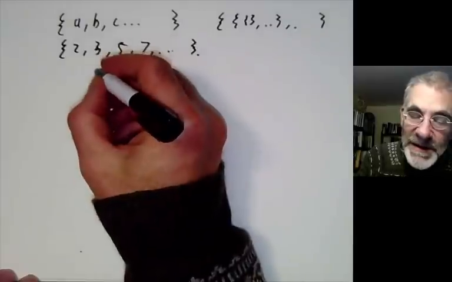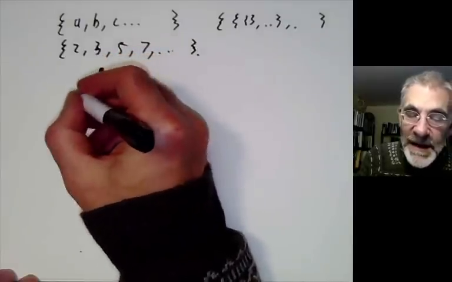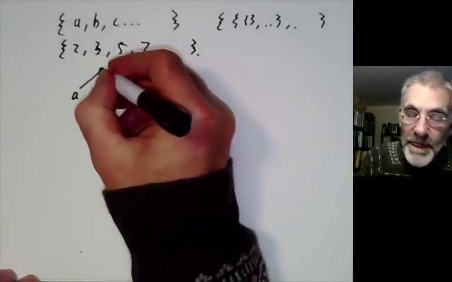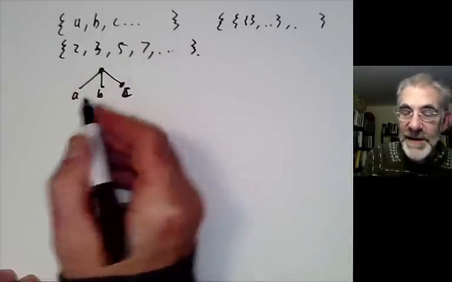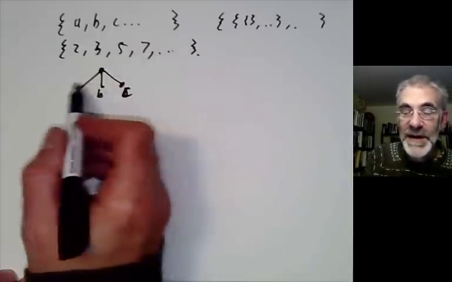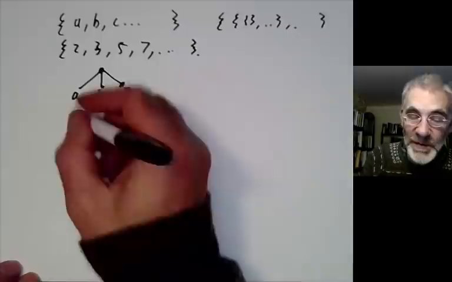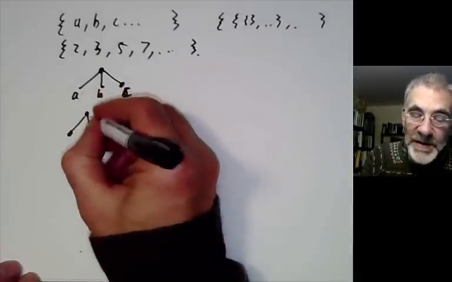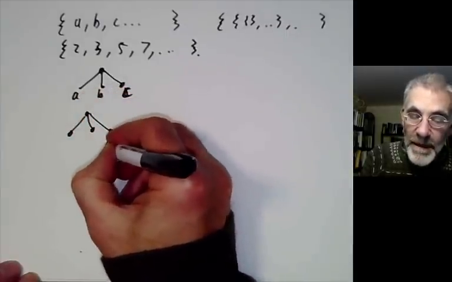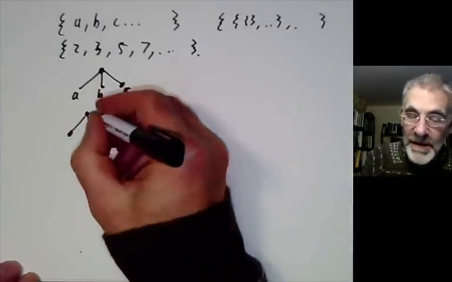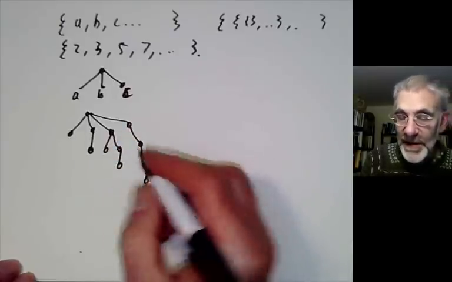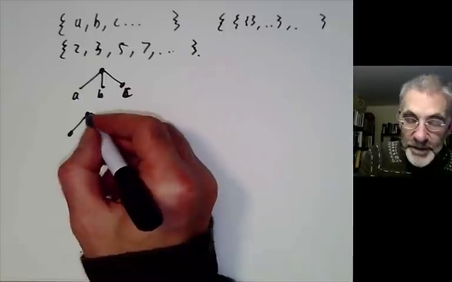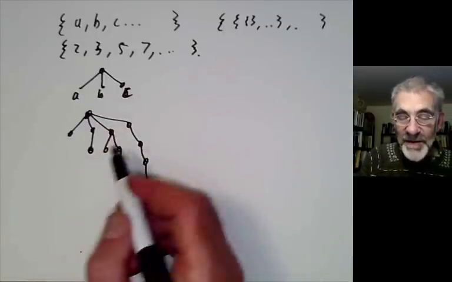So what you can do instead is write down a set as a sort of tree with branches given by A, B, and C, and so on. And now A, B, and C are also sets, so you should think of these as being trees as well. So a set is now going to start looking something like this. It might be a collection of trees looking like that. And this would be a picture of a finite set.